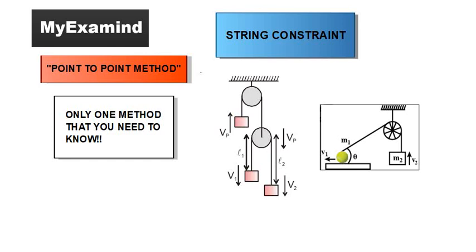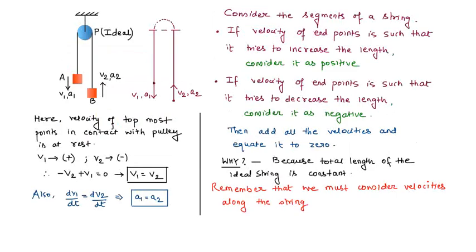So this is a very important point which will provide you with one equation when you are trying to solve a question in Newton's laws of motion or rotational mechanics or simple harmonic motion. So let us see how we can use this method. Let us understand this by considering a very simple system, which is a simple Atwood machine.